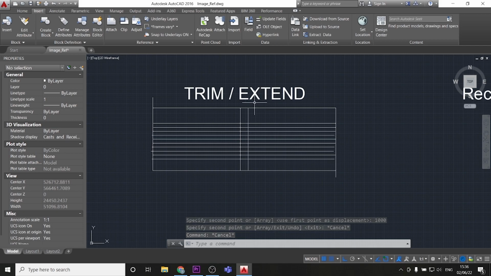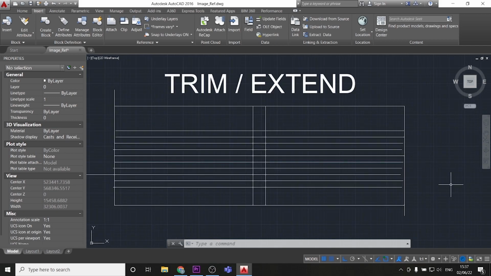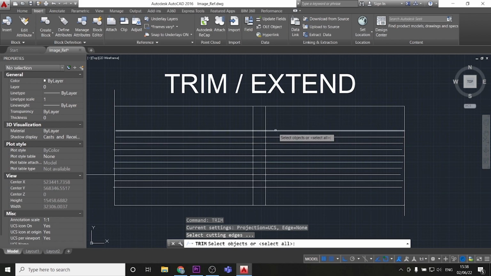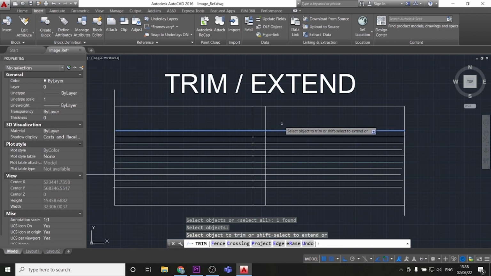Now we can start. The first command that we are going to try is trim. So we are going to type trim, and now it's asking us for the object that we are going to use as a reference point. In my case, I'll use this line. I click on the line, I click enter, and now we